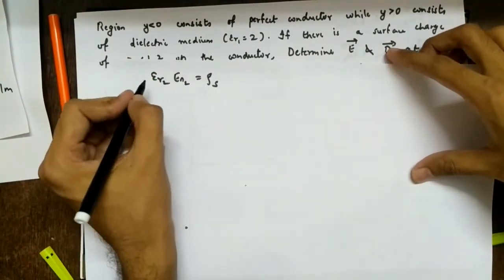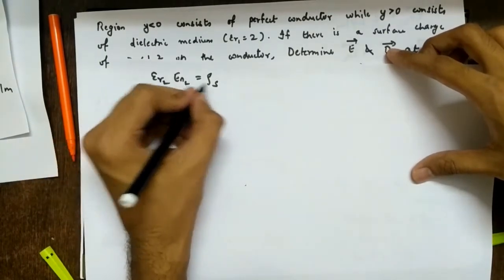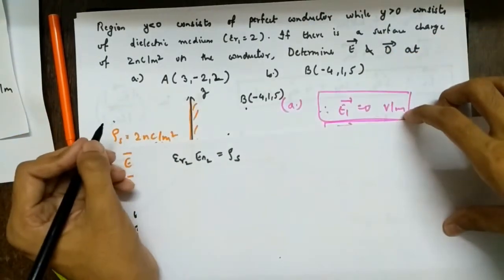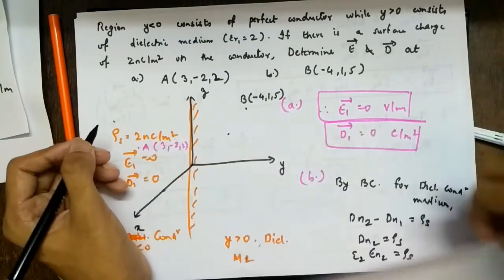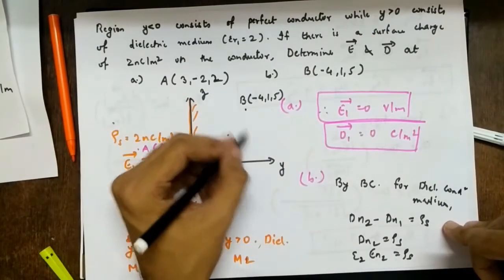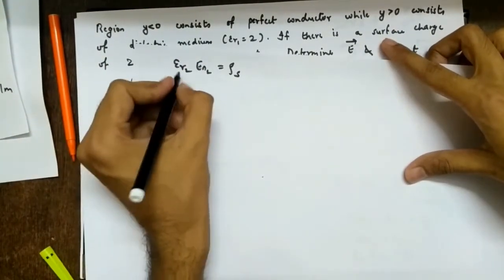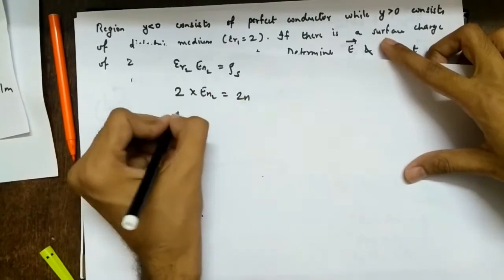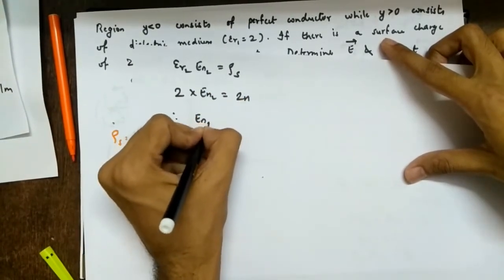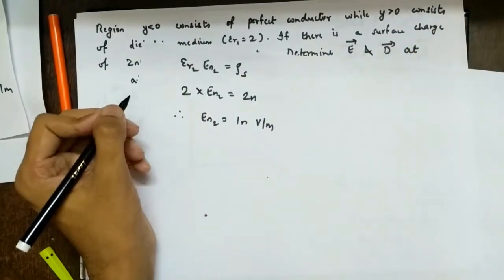I'm not making that correction, but make sure you do that. Okay, so epsilon r2 en2 is rho s. So what is the value of epsilon r2? Epsilon r2 means dielectric medium, so it should be 2. We have interchanged the mediums, so 2 into en2 is 2 nano, so therefore en2 is 1 nanovolts per meter,